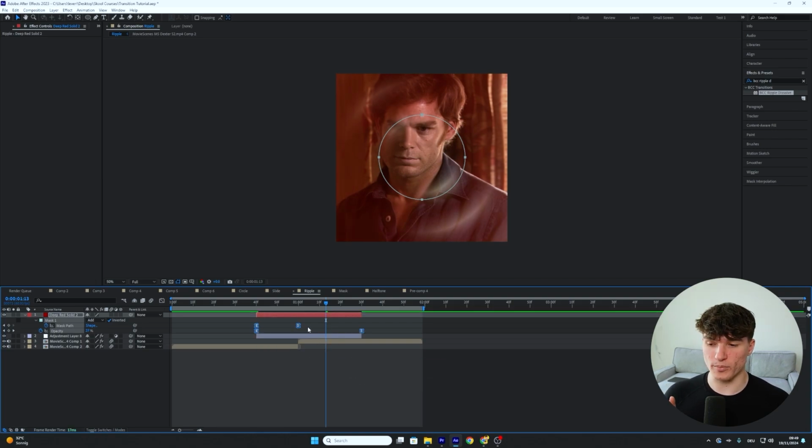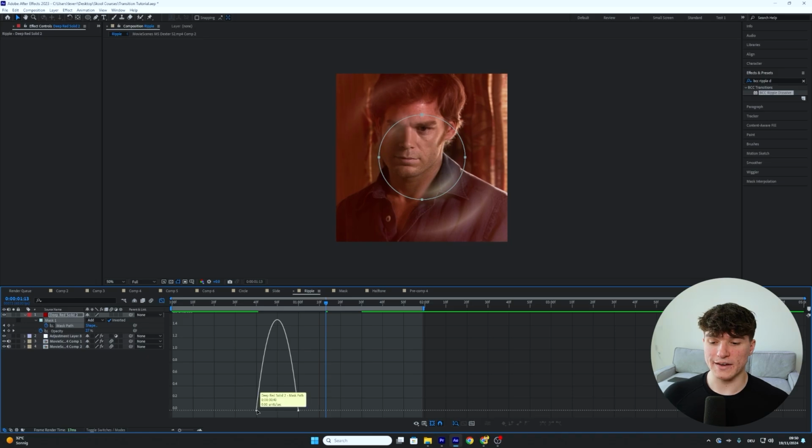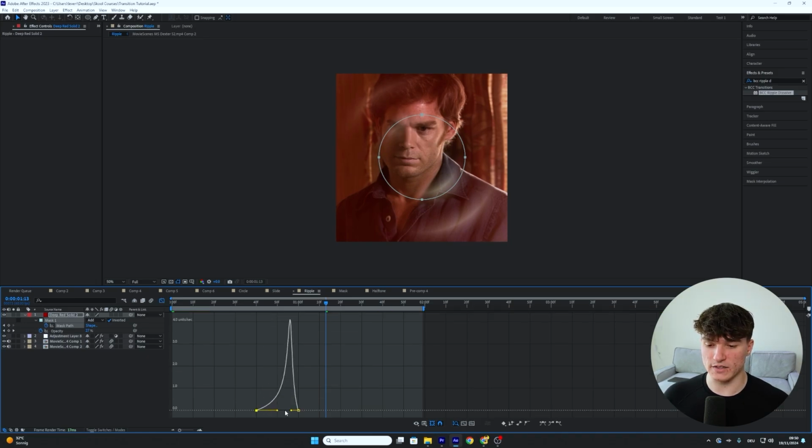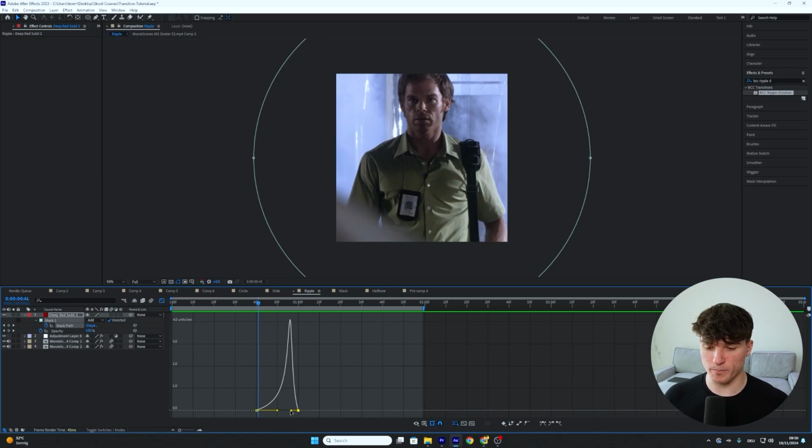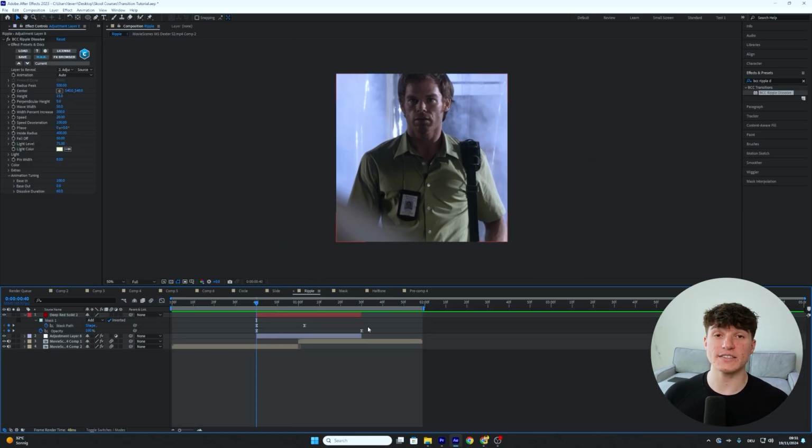Now only select the top 2 for the mask path, open the graph editor, and then copy this graph. Just click onto one of the points and drag the one on the left all the way to the right like this. If you want to, you can also drag the right one a bit to the left, and now close the graph editor. Lastly, we're going to make another adjustment layer, so head to the top, click on layer,